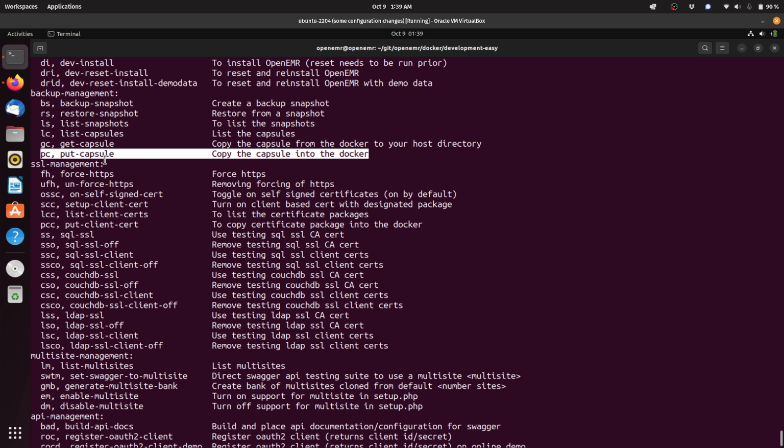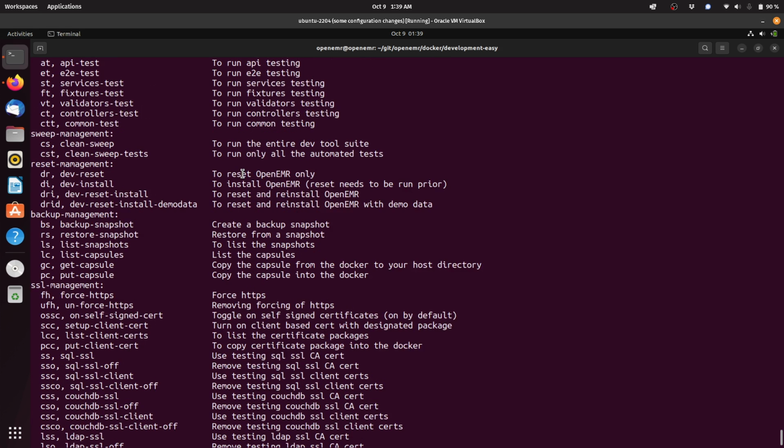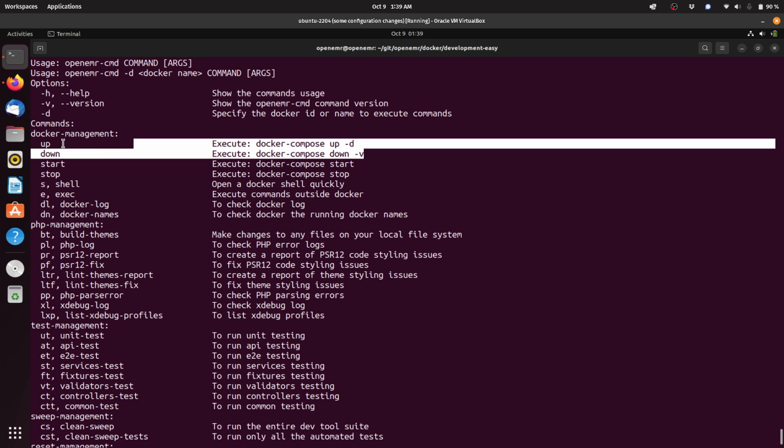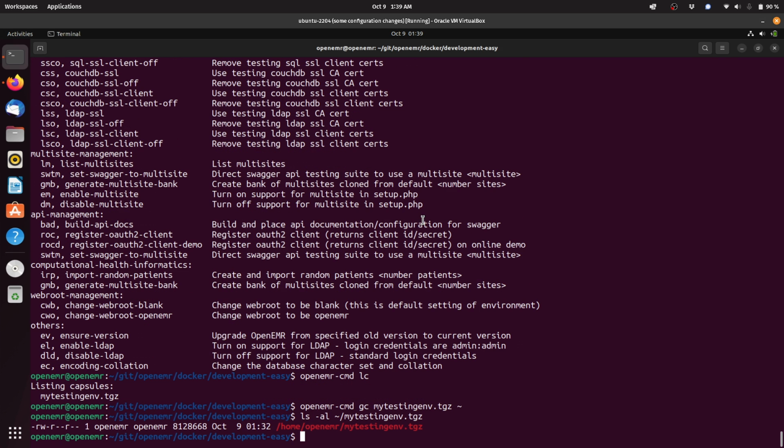So again, the goal is to use this put capsule command. First, however, we will reset our environment completely, meaning we're going to actually remove the entire environment via the down command, and then we're going to restart it again with the up command. So the first command we're going to do is OpenEMR. And again, we'll copy this capsule for the future. So the first thing we're going to do is the OpenEMR-CMD down command,